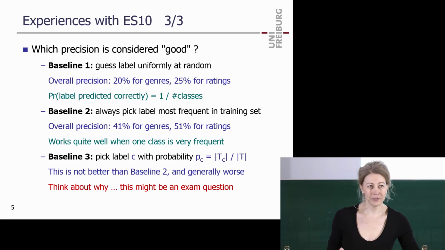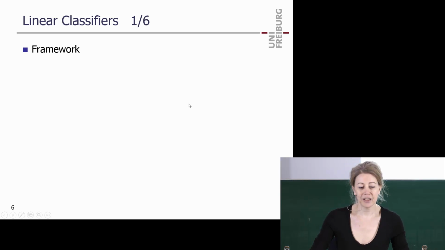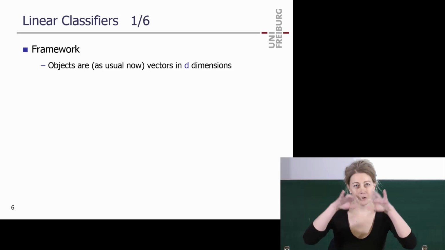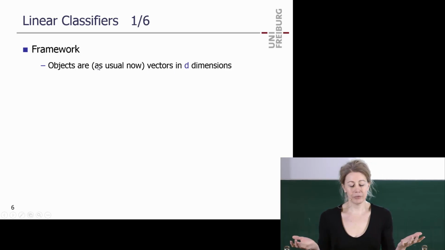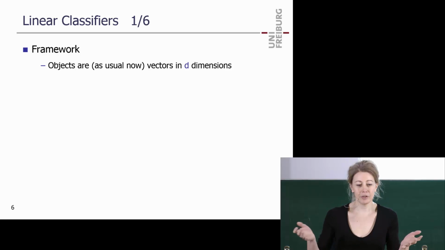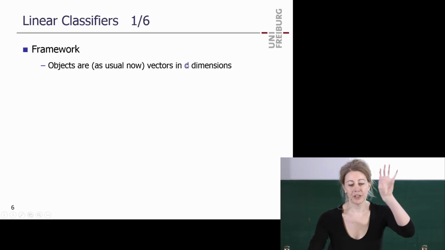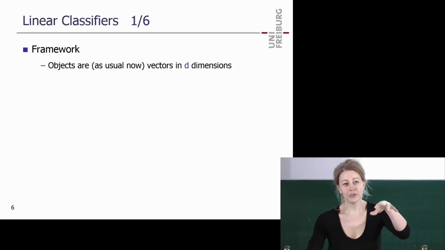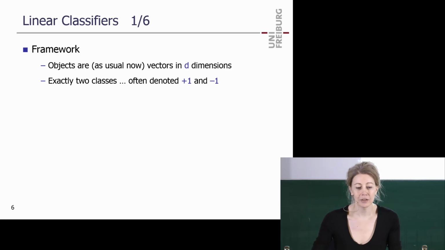We will talk more about naive Bayes now. But first, linear classifiers. So, what are linear classifiers? That's now a bit more general, so it's again about classification. Classification is important. Again, we have had it now several times. Objects are just vectors in d dimensions, where typically d is the vocabulary for us, right? For every possible word, you have one dimension, and then you have the 1 or 0 there, whether it's there or not, or the count, or even TF-IDF, whatever, right?